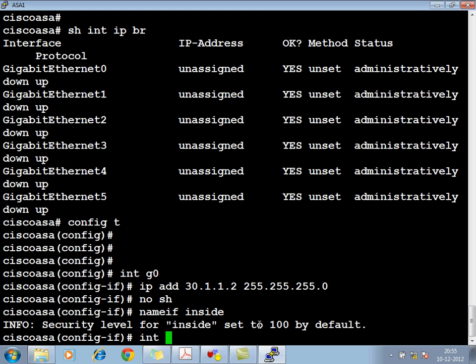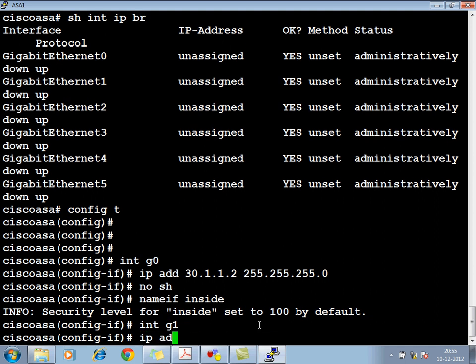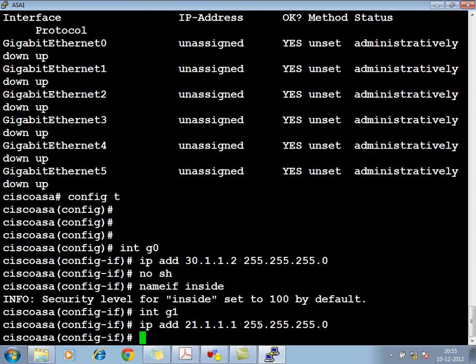And on interface G1, I'll give the IP address as something like 21.1.1.1 and I'll give the name outside. By default, the security level for outside is 0.